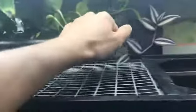Okay guys, so here's my 55-gallon Blackwater aquarium that is doing pretty well, and I'm going to be feeding it now since this is a feeding video, and I have a range of different size pellets in my hand, and I'm just gonna sprinkle them over the top here. And I have different sizes because obviously there's different sizes of fish in here. There's a lot of small fish. There's also like the angelfish and the black molly that are a little bit bigger, and then there's the catfish in the back that I don't expect to see, and he is like big enough to eat like decent sized